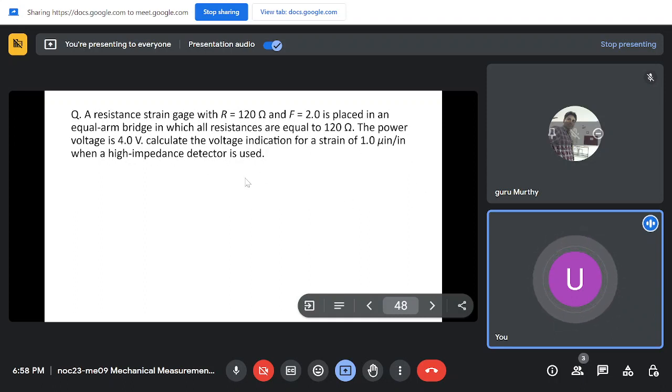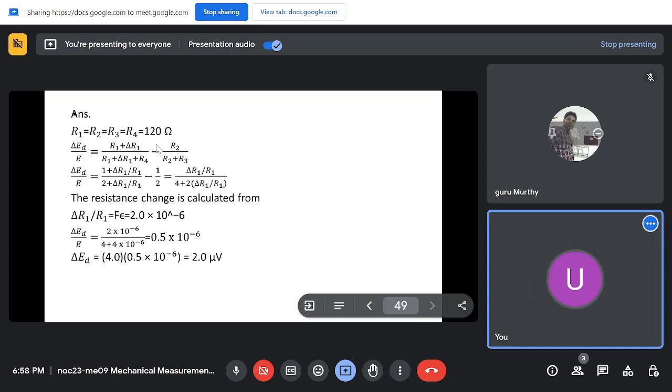So in a Wheatstone bridge, one of the resistances is the strain gauge. All the resistances are balanced. So this is a balanced bridge with equal resistances, 120 ohms each, and one of the strain gauges goes under a strain of 1 micro inch per inch. So in that case, we have to calculate the voltage indicated. The supply voltage for the Wheatstone bridge is 4 volts. So we know all the resistances are equal to 120 ohms, and we also know the change in voltage